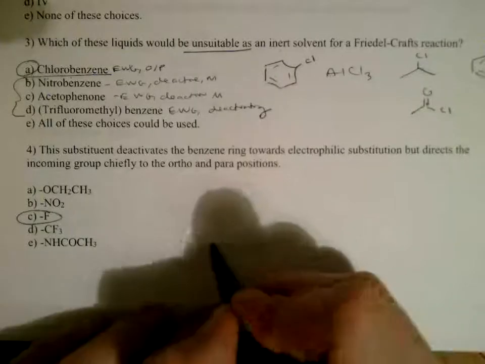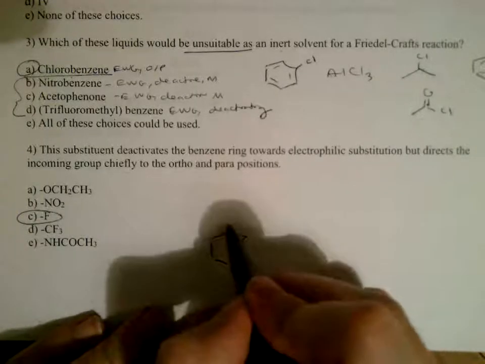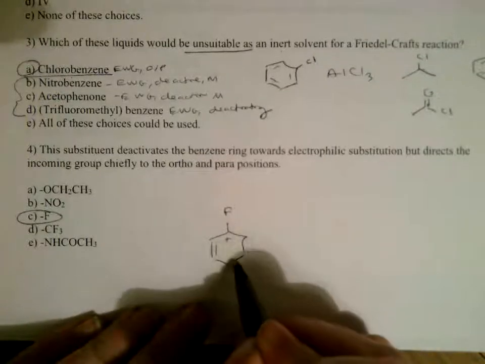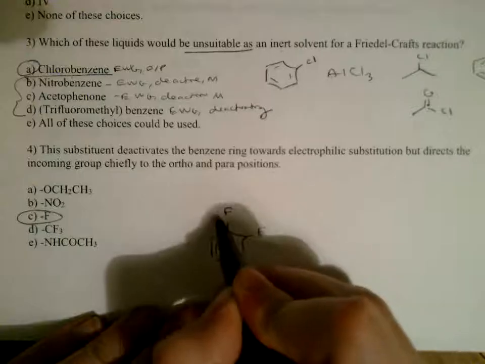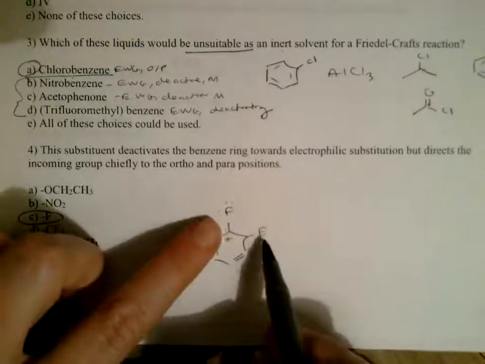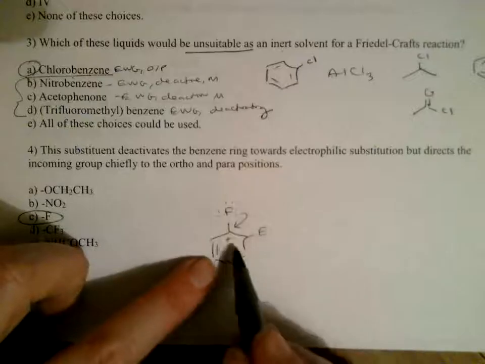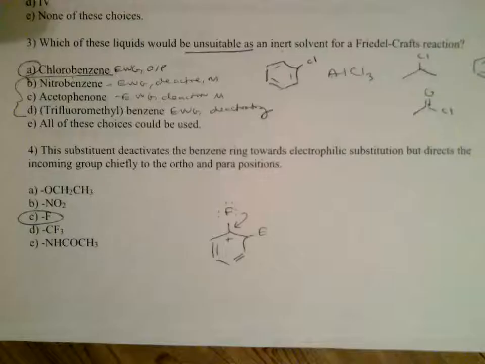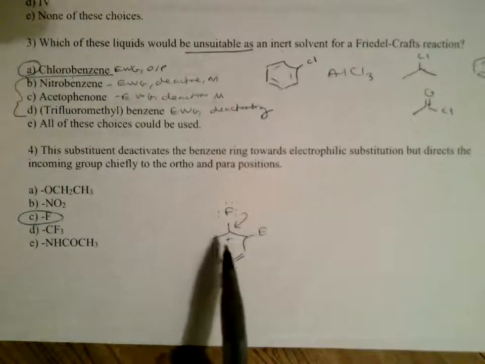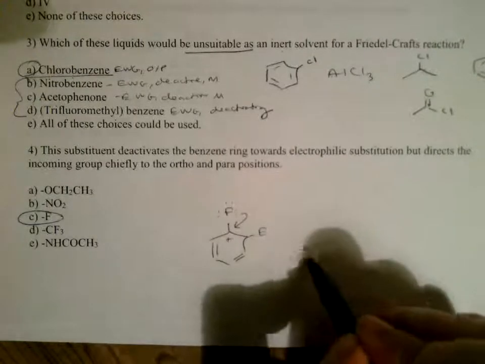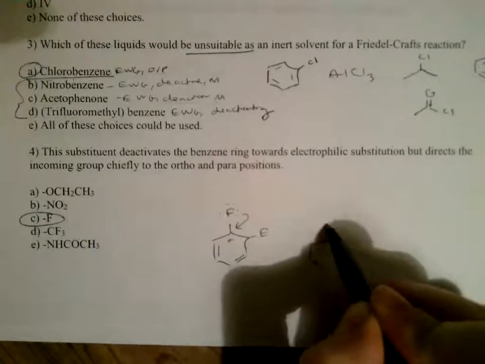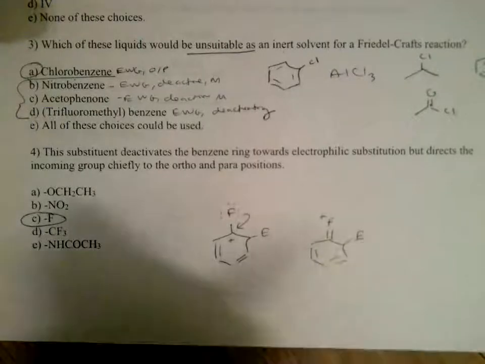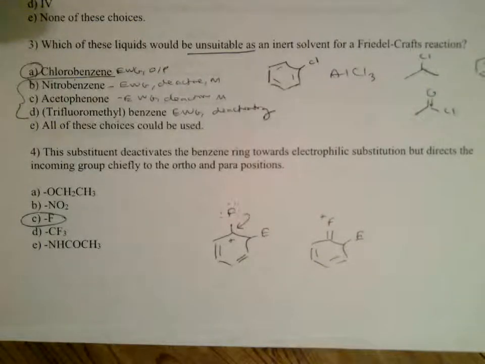And the reason for that is because although this is strongly electron withdrawing, it does have, this is your substituent and this is your electrophile, it does have a resonance structure to stabilize the ortho para. So fluorine's the most electronegative atom, so it's going to be pulling electron density away from it, but it does have one resonance structure that stabilizes the ortho para position. And it's not great. Obviously, you don't want a positive charge on fluorine, but it does stabilize it enough